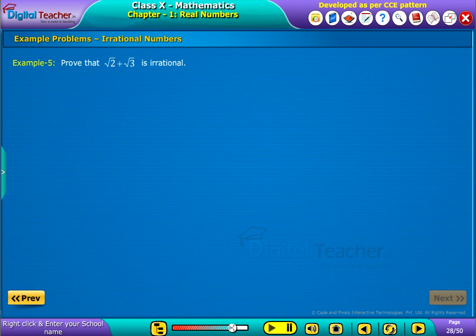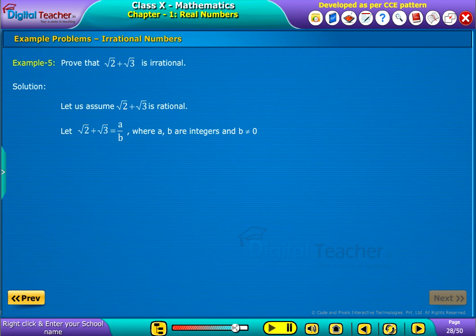Prove that root 2 plus root 3 is irrational. Solution. Assume the given number is rational. Let root 2 plus root 3 equal a by b, where b is not equal to 0. Hence root 2 is equal to a by b minus root 3. Squaring on both sides, we get